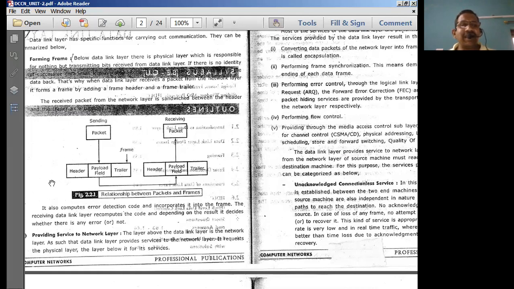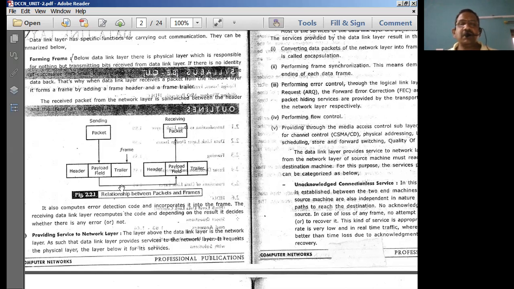What this data link layer is going to do is simply form, or prepare, a frame with the appropriate header information and trailer information along with the payload. Payload means the actual data residing in the system along with the information related to the core data. That is what we normally put in the payload section. And now this is connected to the appropriate data link layer in the destination computer.